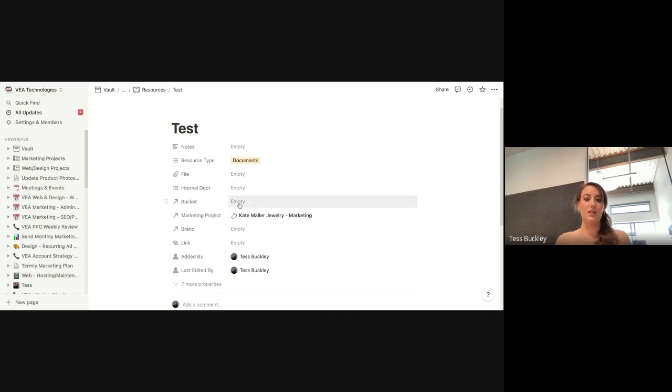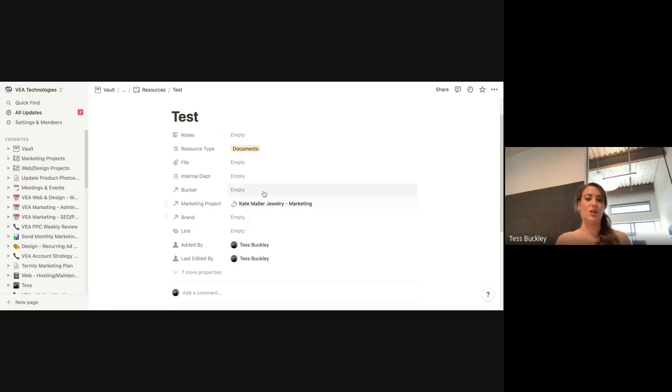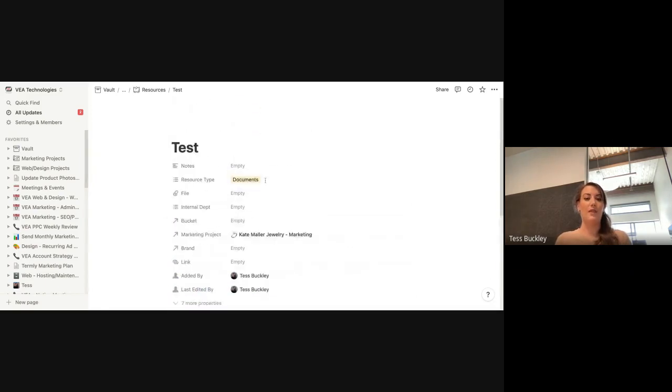Depending on the resource, you can either tie it just to the marketing project or to the bucket, meaning if we're doing web as well, it might be useful to have that resource on the website. So, just make your best judgment on those. And then that should, if we go back,